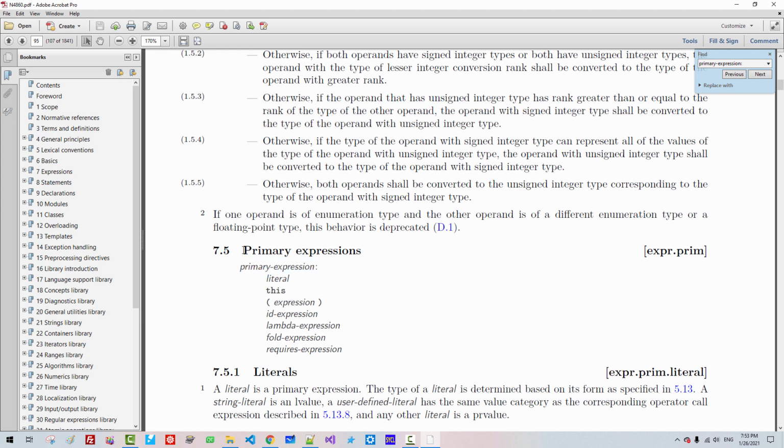So primary expression: a literal is a primary expression. The keyword this is a primary expression. An expression enclosed in parentheses is a primary expression. A lambda expression is a primary expression. A fold expression is a primary expression. A requires expression is a primary expression.